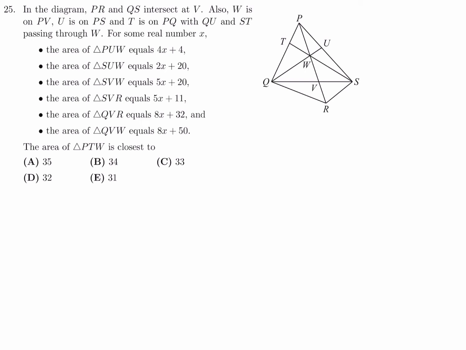If the areas of PUW are 4x plus 4, SUW is 2x plus 20, SVW is 5x plus 20, SVR is 5x plus 11, QVR is 8x plus 32, and QVW is 8x plus 50, what is the area of PTW? Before I begin this question, I'd like to give a little bit of a primer to illustrate some very